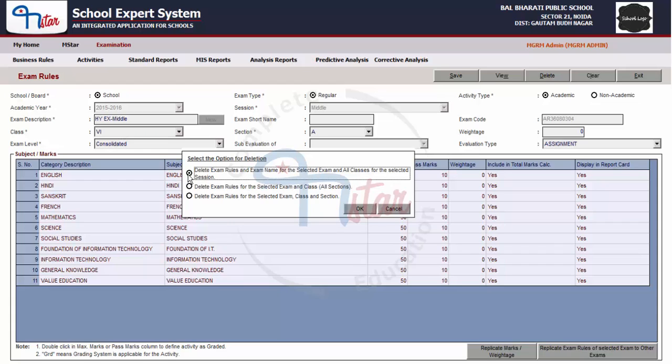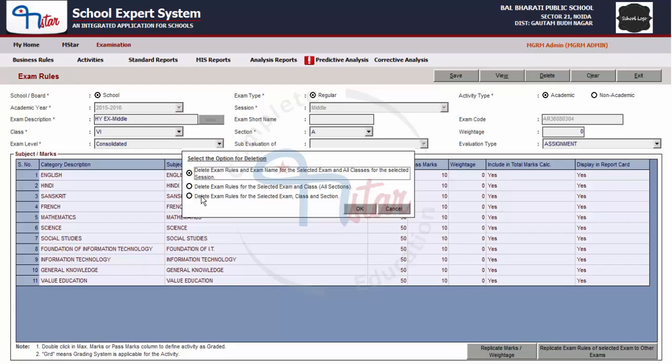Click on the circle button against the option and click on OK button. Before you do this, we would also like to point out that please ensure that the correct exam is selected in the background because that will be the examination which will be selected for deletion as per the options selected.